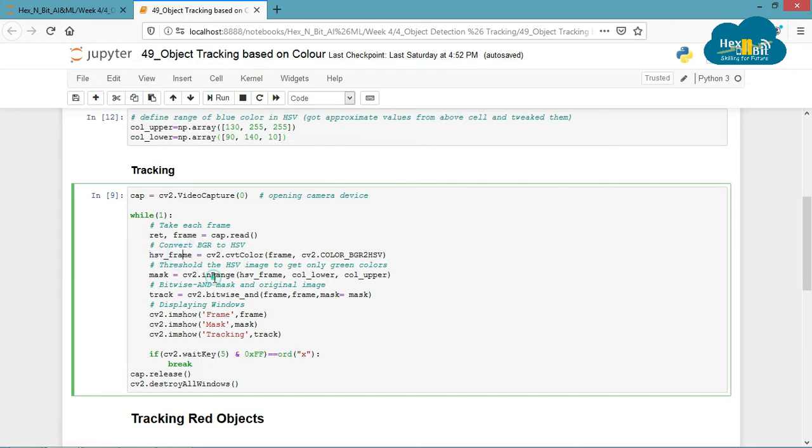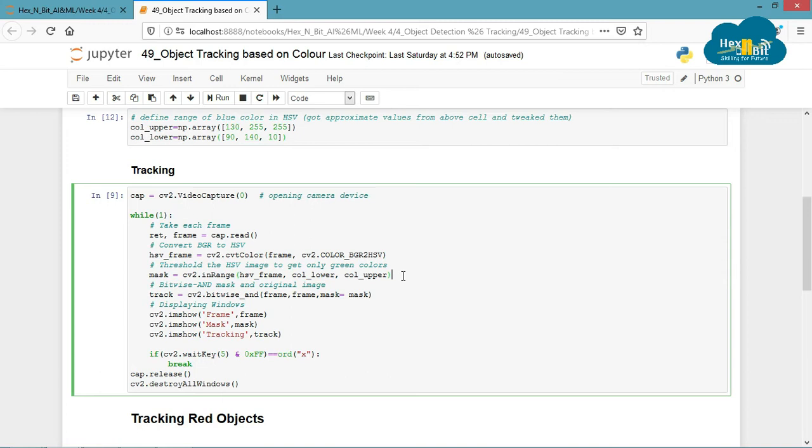Here we have used the inRange function to create a mask of blue pixels from the HSV frame. The inRange function basically checks if the value of each pixel lies between the mentioned upper and lower range or not. We have already created the upper and lower range in the above cell. If the values do not lie between the range, the particular pixel will be 0 in the mask.